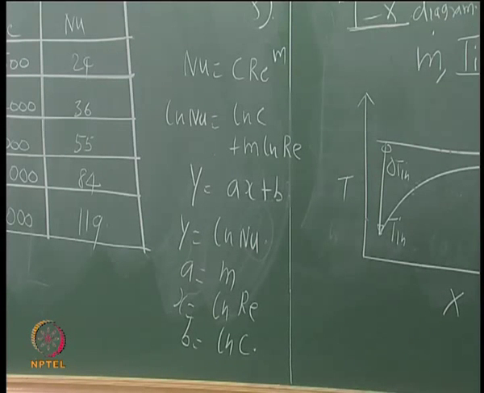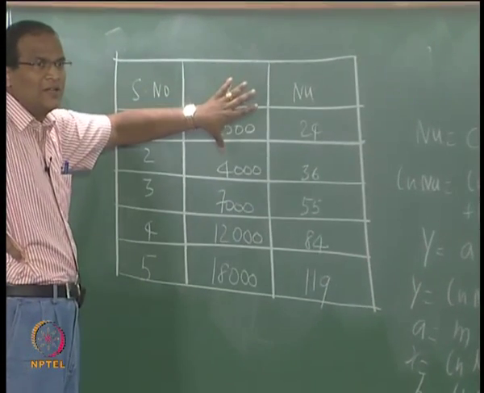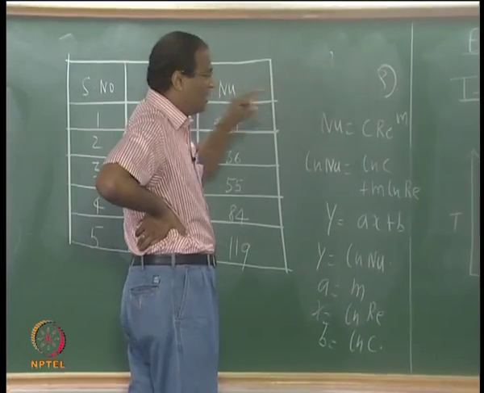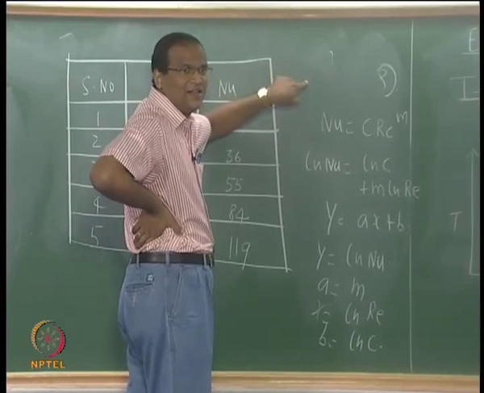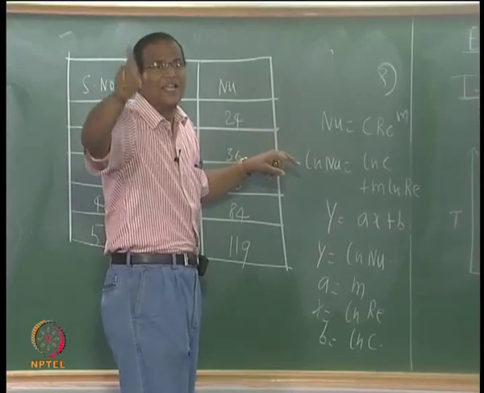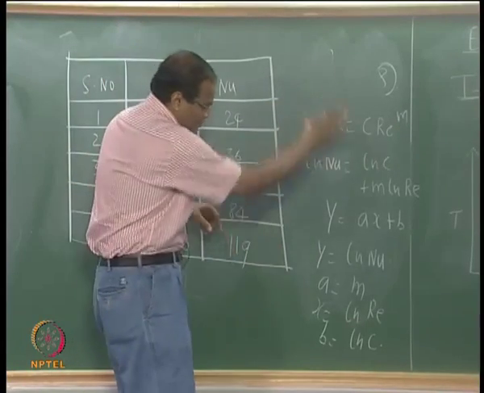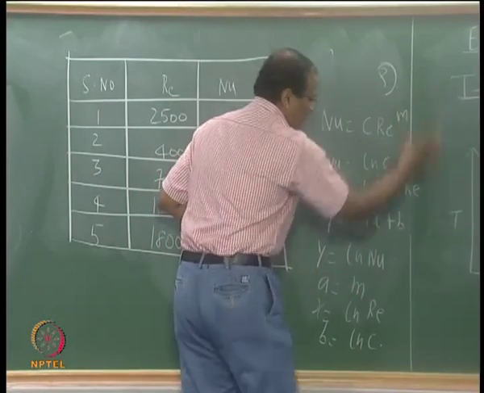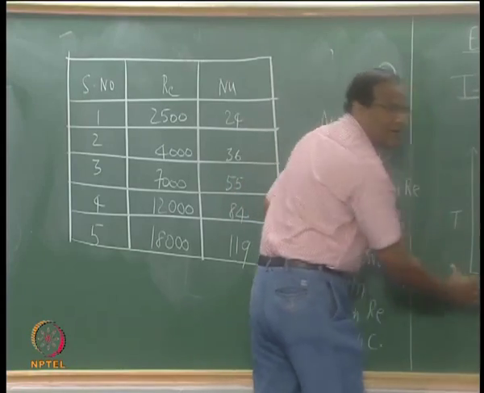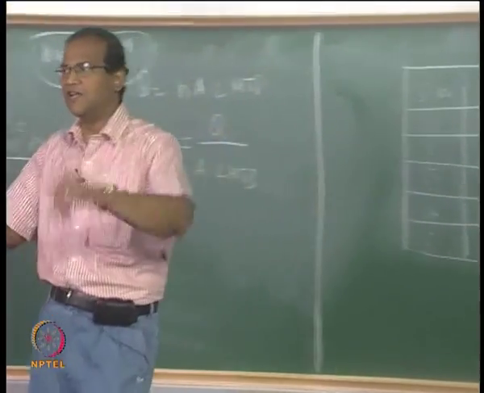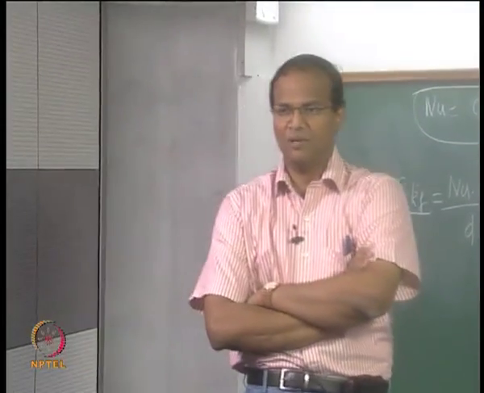Why I told you that it is important to write the formula is you have to expand this tabular column and just start putting ln Re, ln Nu. ln Re you call it as x and ln Nu you call it as y, then you know what all you require: x i, y i, x square. Then you open up one more row here and put sigma for all this. So you will have sigma x i, sigma y i, sigma x i y i, sigma x i square. Then once you have all these values, it is plug and play: put all these values into the formulas for A and B and get A and B.